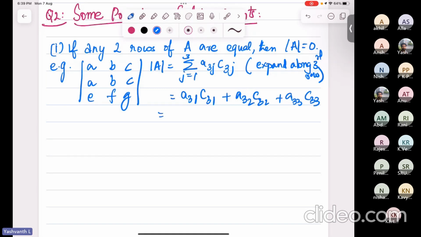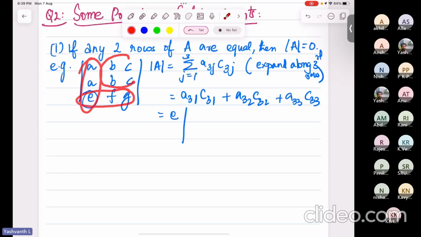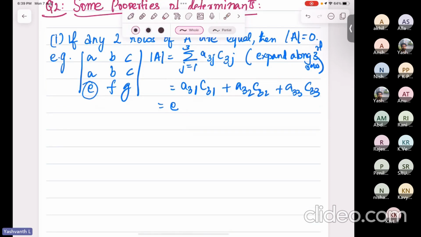This is nothing but A31 is E times, let me go through again. You need to delete the third column and the first row. This one and this one delete. So remaining is C31. Of course, there's a minor that is involved, times minus 1 power 1 plus 3 into